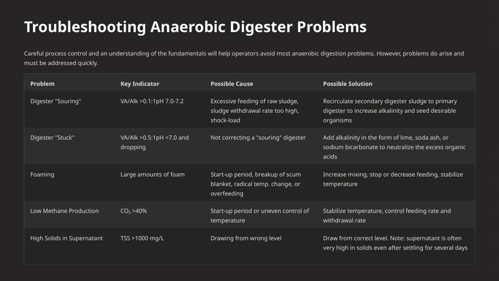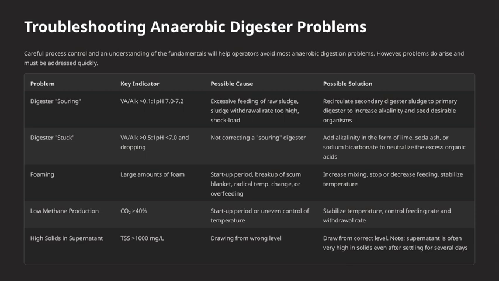Another problem is the digester stuck, which shows up when the VA to ALK ratio exceeds 0.5 to 1 and the pH drops below 7 and keeps falling. This often results from not correcting a souring condition early. The solution here is adding alkalinity, lime, soda ash, or sodium bicarbonate to neutralize excess organic acids and help restore